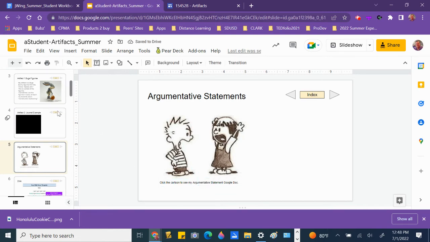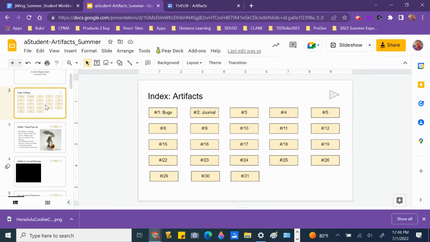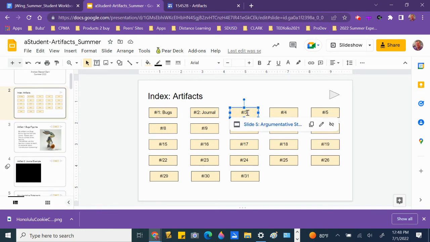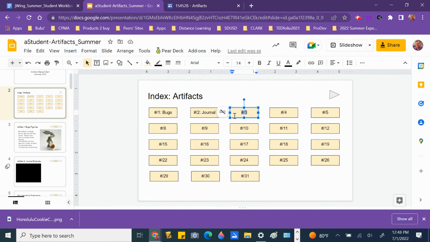I'm going to go back to my index. This is tile number 5. I'm going to go to tile number 3 here because this one is actually linked to that page. And I'm going to change this to